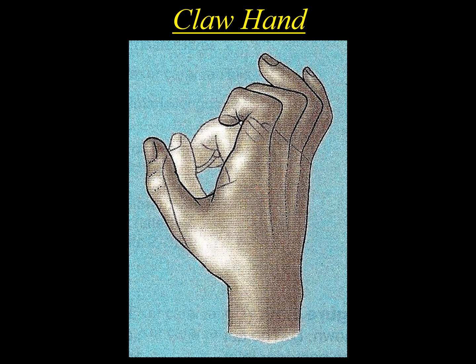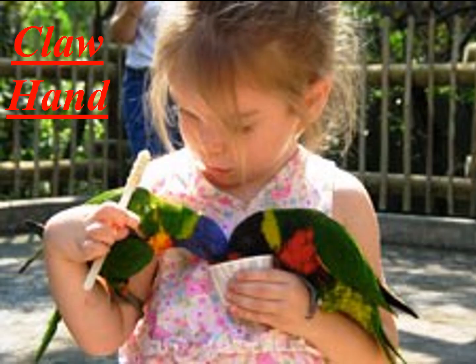So in later classes we will talk about claw hand in detail when we study the muscles of the hand and why this condition occurs with the nerve injury, or even with injury to the C8 and T1 fibers, because they are supplying there. So the hand will appear in the shape of a claw. Here you can see this is the normal hand and this is the claw hand. So this baby is suffering from Klumpke's palsy at the time of birth.